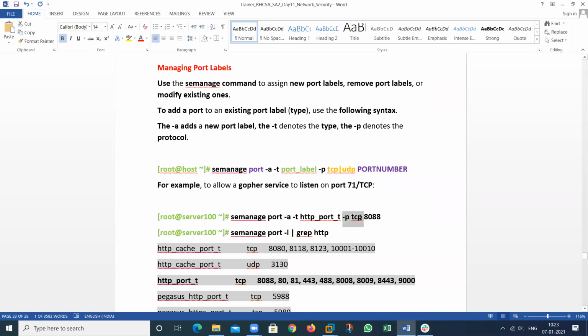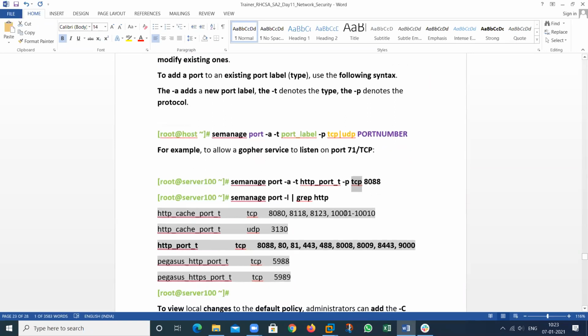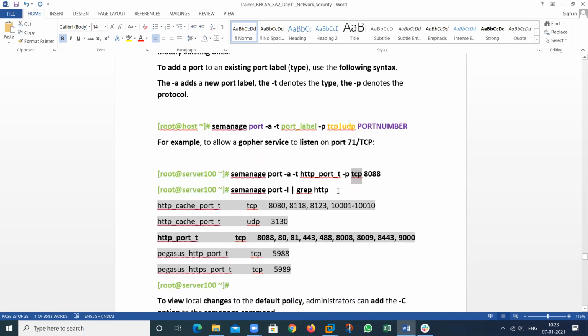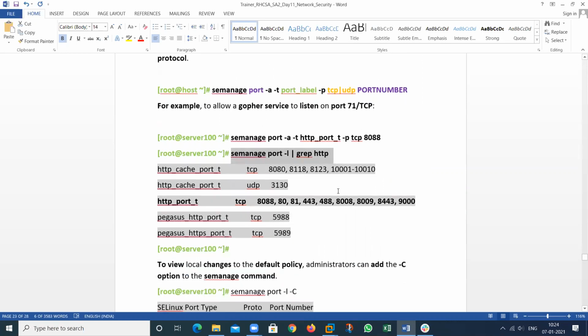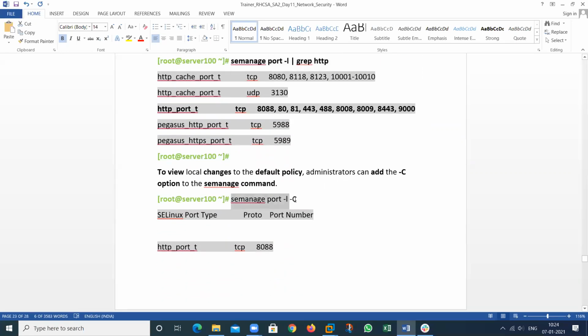By using this particular TCP port, this port will be allowed, because in the transport layer only two protocols work, that is TCP and UDP. So by which particular service you want to allow that one. And by using this command, we can get the information about the HTTP port labeling. And this is the command you use to check which particular port you have applied in a port labeling. So this is the new one that I have allowed.